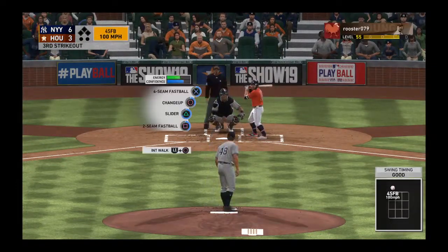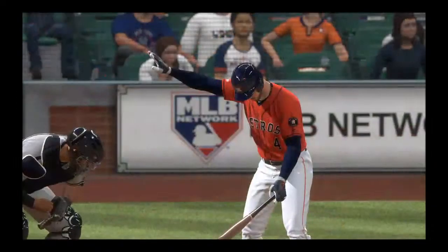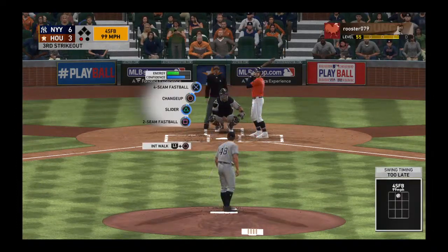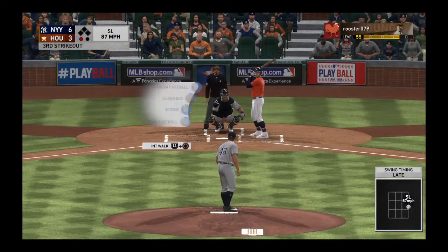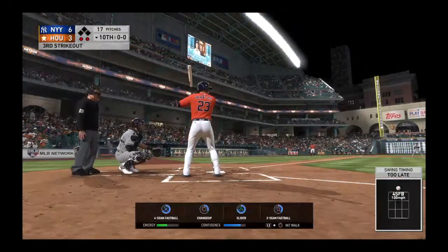Took a good cut that time, but comes up empty. 2-2. Get it ready, big boy. This guy's throwing 3 digits right here. The best way I can help the fans is 90 to 92, you can usually see seams. 92 to 95, it starts to really quicken up on you. Over 3 digits, you're seeing a white blur. Behind 0-2 now. And that is swung on and missed,